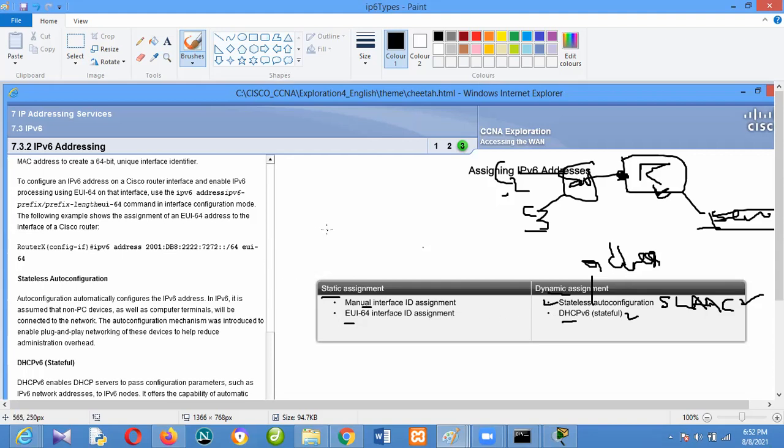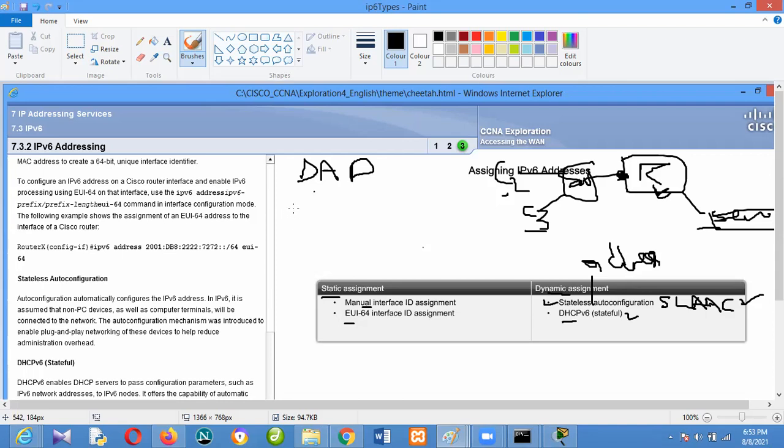So how then do hosts or clients ensure that there is no duplicate? It is by this concept, duplicate address detection. Some books will say duplicate address discovery. Now, how does a host go on with this concept?